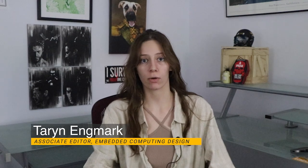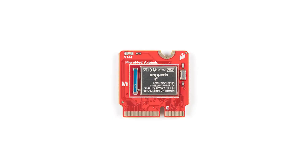Modern development boards are all about flexibility, whether that's in the way of features, connector variety, or a broad range of use cases. The MicroMod Artemis Processor from SparkFun is just this type. It can be used in applications from machine learning to Bluetooth Low Energy, and even features I2C if you want to connect it to other Qwiic boards. But this tiny little board can also be connected easily to larger MicroMod carrier boards for even more features and